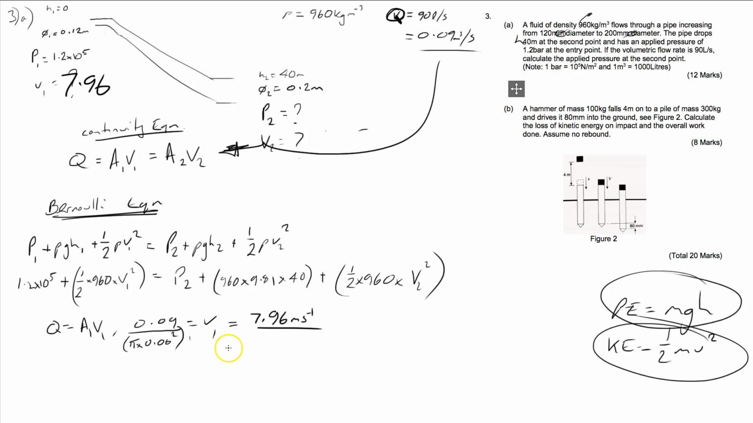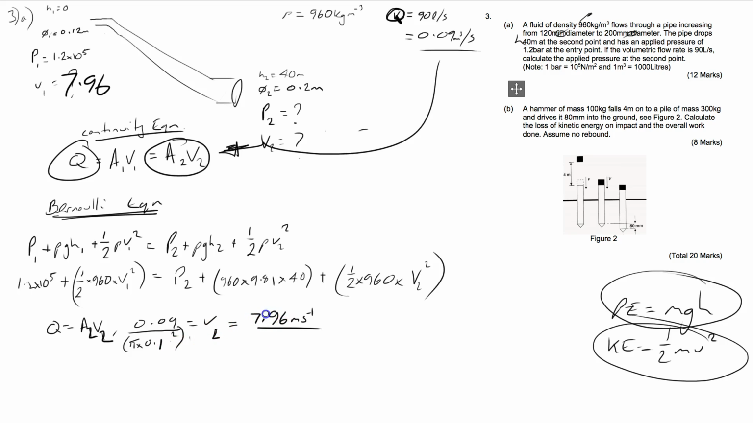Output velocity, well, we can do a similar kind of thing, can't we? I'm just going to butcher this equation. If I use this element of the phrase here, A2V2, then instead of 0.06, it will be 0.1. And it will be 0.1, of course, because that's pi times r squared. That's the area of this bit here. And diameter is 0.2, so the radius is 0.1. So 0.09 divided by this is going to equal,